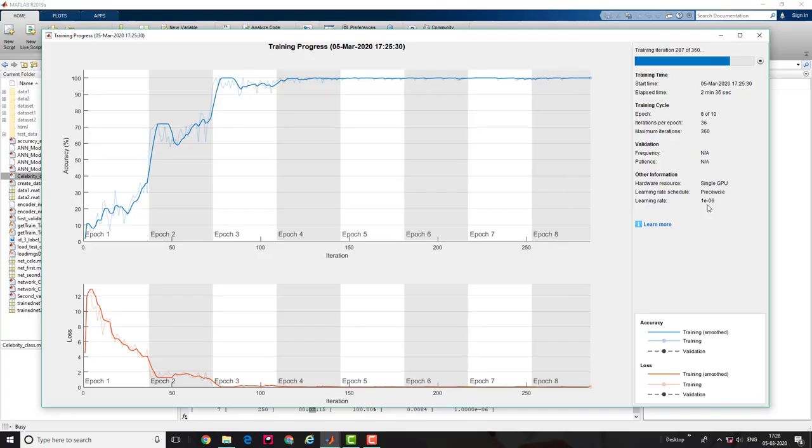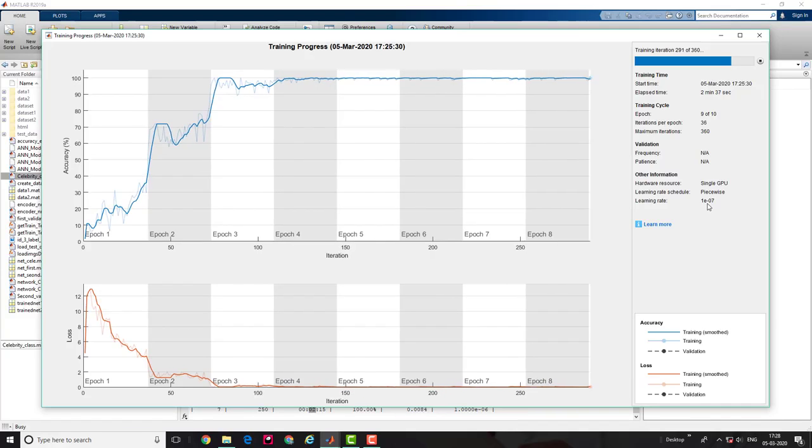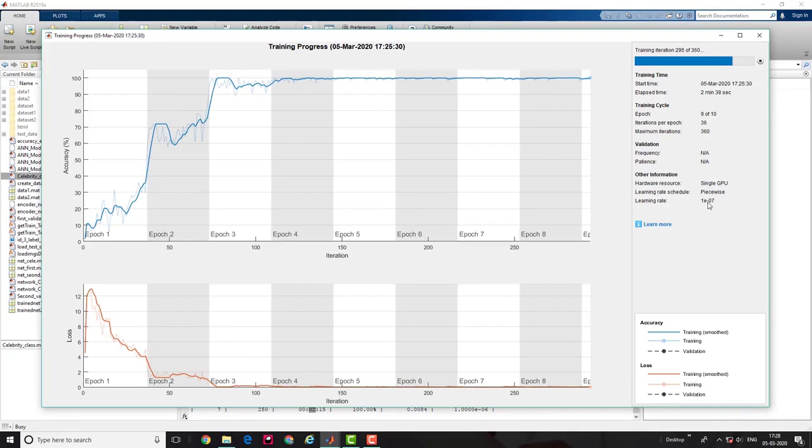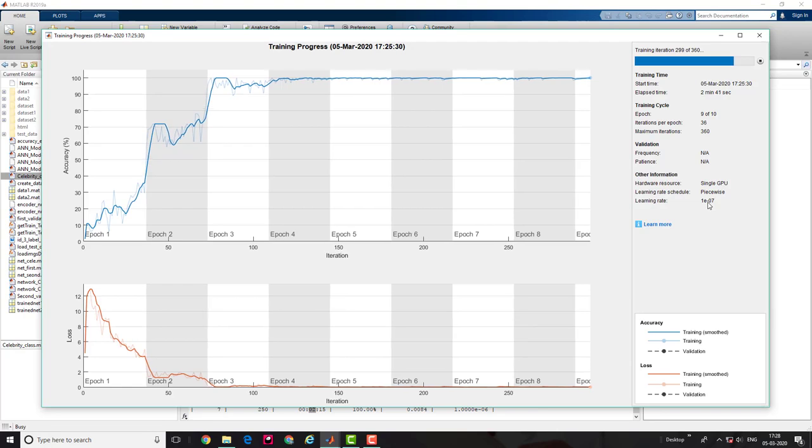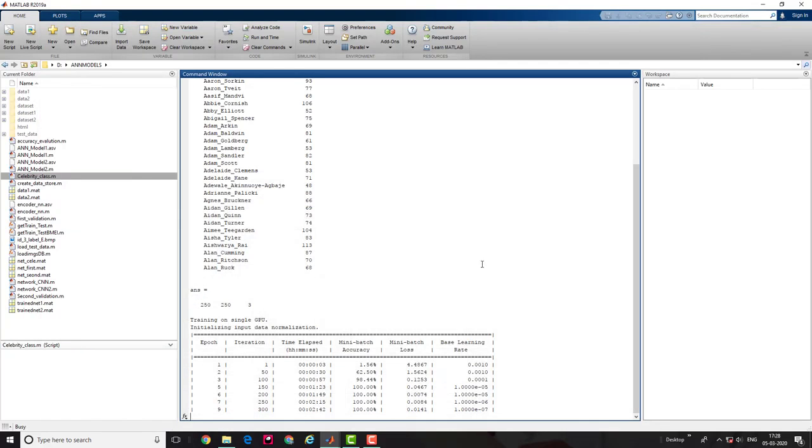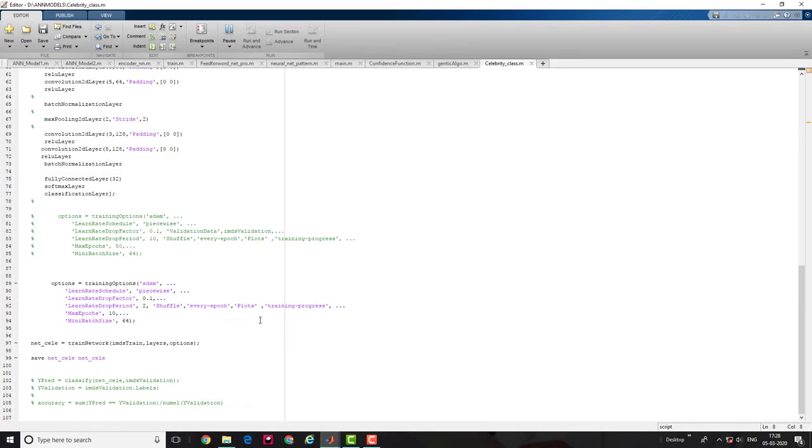I have decreased my learning rate after every second epoch with a decrement ratio of 10%. Once the 10th epoch is complete, my pre-trained weights will be saved under the name net_celebrity.mat, and thereafter I'll show you.